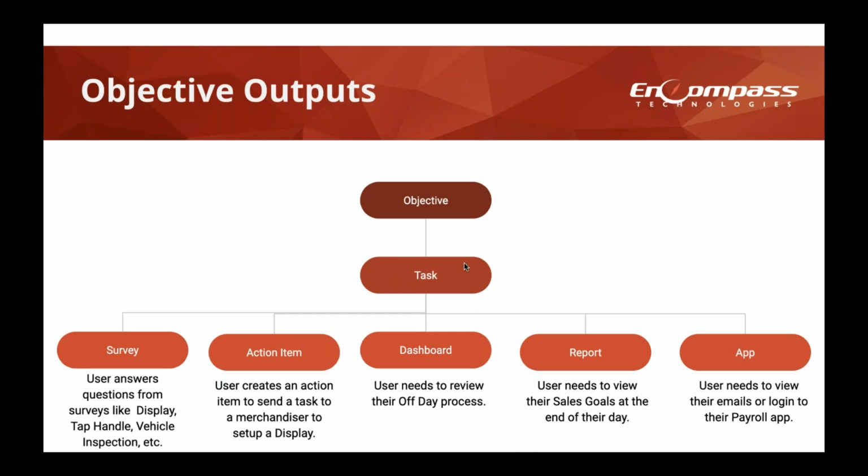Pretty simple terms to understand. You may have an objective to do, and as a company, that objective needs to be completed by multiple people. So each individual instance of that objective would be a task. So the objective is really the engine or the folder to get those tasks complete. Now, once the task has been generated, the form of a task can be many different things. So one form of the task that we've already talked about is a survey, so we're not going to dwell on that too much.